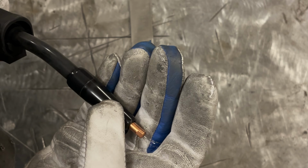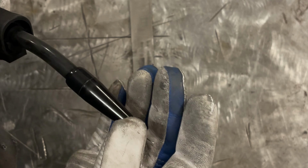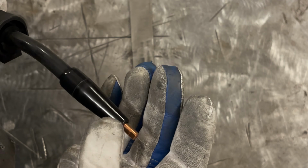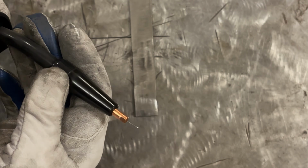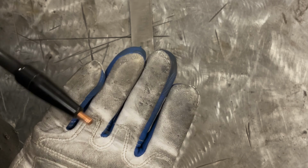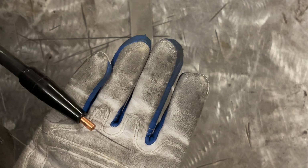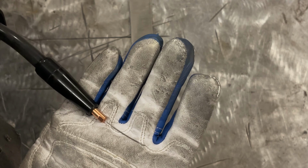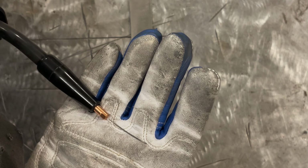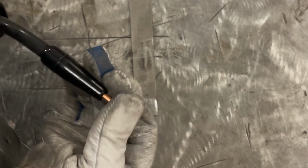With short circuit MIG with gas, you have a lot of leeway. Generally you want it under 3/8 of an inch, but you can run it too long, too short, and you don't really have too many issues. Well, a flux core wire, if you run it too long, like say 1.25 inches or 1.5 inches, your weld's just going to produce a ridiculous amount of spatter, which is no good, but you're not going to be able to produce a decent weld. Now, too short,